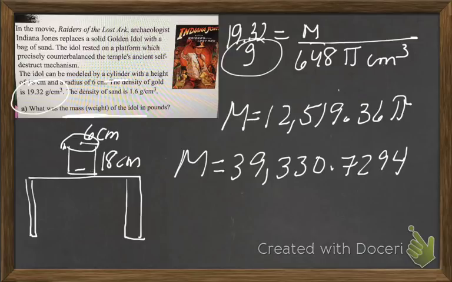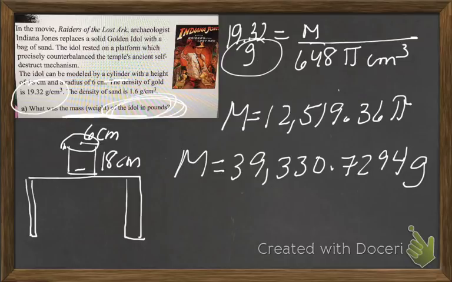Okay, now remember, this is in terms of grams now. Okay? So this is great. So that's what our mass is. But it's saying, what is it in pounds? Okay, so if you only got into grams, that's fine. You will still get partial credit. But if you want to get full credit, you have to convert this to pounds.